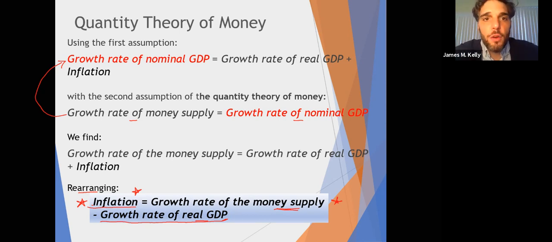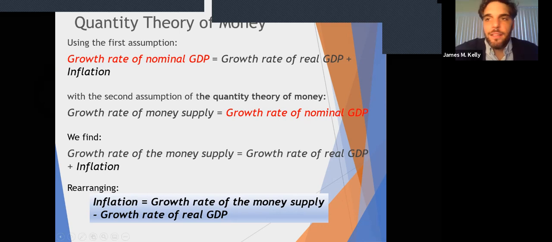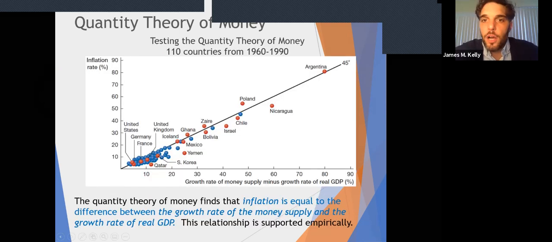That's nice in theory, but does it hold up over time? Well, when we look at, I think, 110 countries over a 30-year period from 1960 to 1990. Now, the data's a little bit older, it's about 30 years old, but the general idea still holds, and the fact that this is across the globe gives strong support that the quantity theory of money is a valid theory to consider when implementing monetary policy.